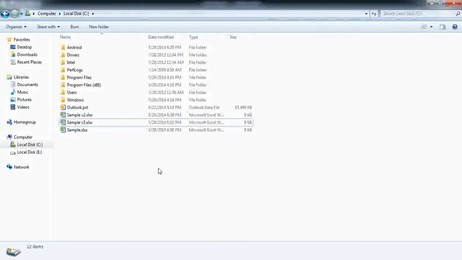In this session, we learn about different file extensions associated with Excel. From previous sessions, we have seen that we have been using the save and the save as buttons for saving your workbooks in the C drive, and in all of the cases, we have named them by the name of sample, sample v2 or sample v3. What we didn't discuss was what these four letters, XLSX, mean, which appear after the name and the dot in the name of the files.